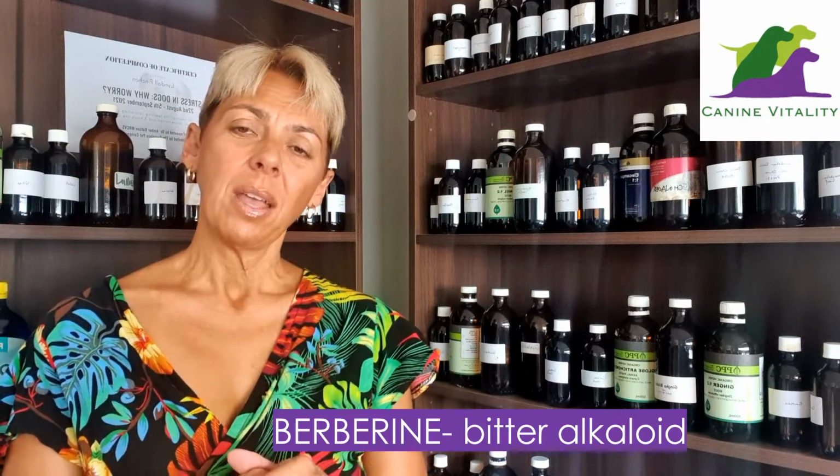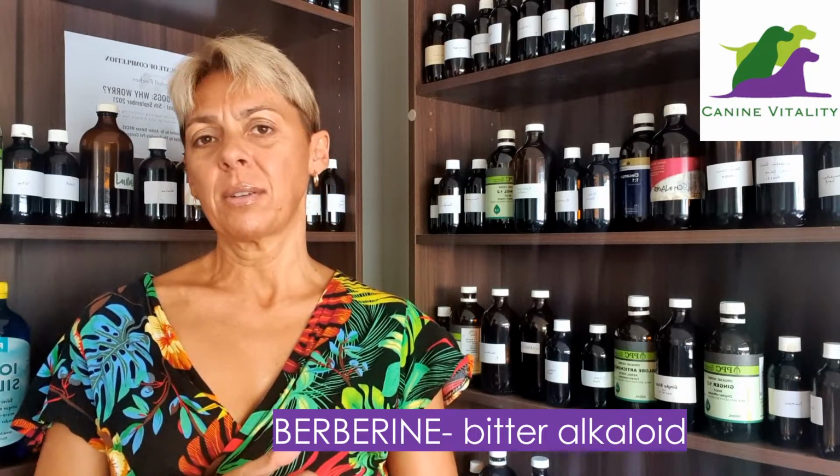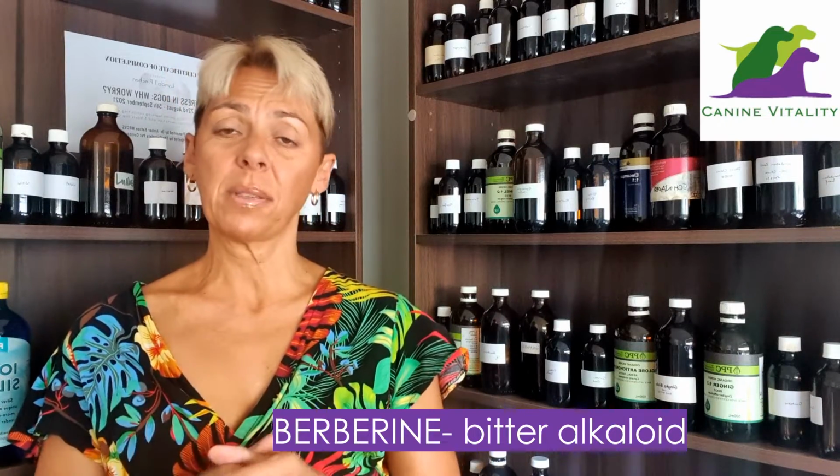Now what on earth is this active compound berberine? What am I talking about? Berberine is known as an alkaloid. It's a very bitter tasting, and if you've ever tried it you'll know what I mean, yellow coloured naturally occurring chemical that has many benefits, but it's particularly well known for its ability to kill off microbes such as bacteria